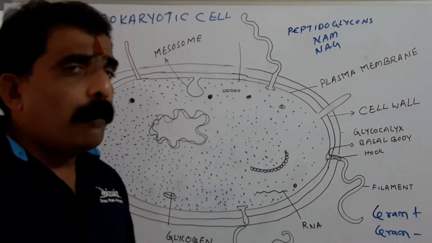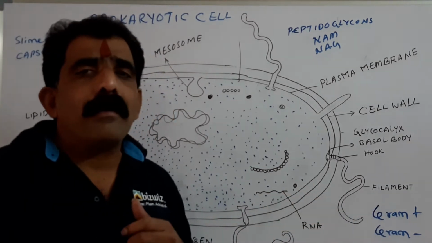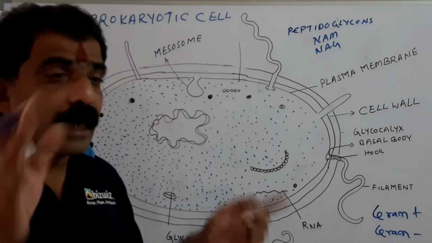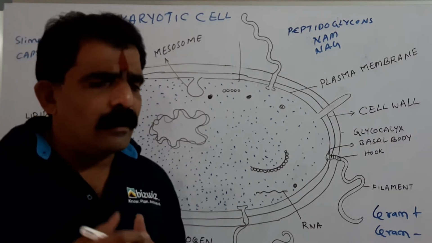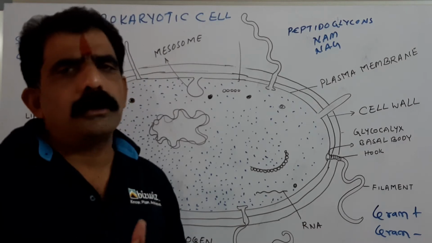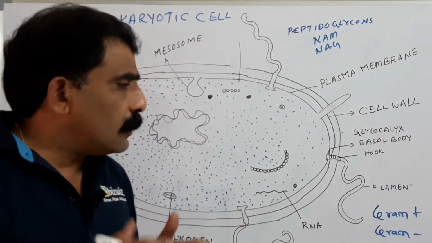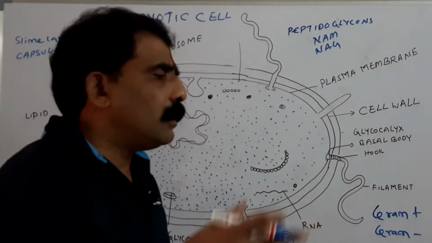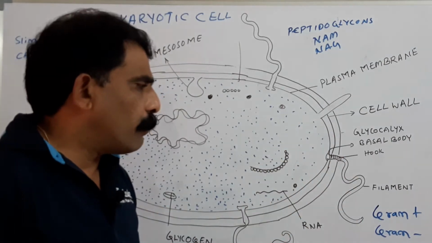On the other hand, gram positive bacteria consist of teichoic acid, which is not present in gram negative bacteria. So like this, there is a difference between the composition of gram positive bacteria and gram negative bacteria. This difference in the composition of the cell wall leads to the differentiation of the bacteria into two categories, known as gram positive and gram negative.